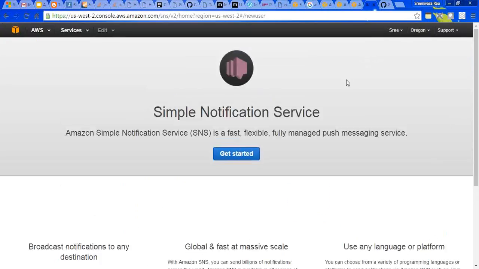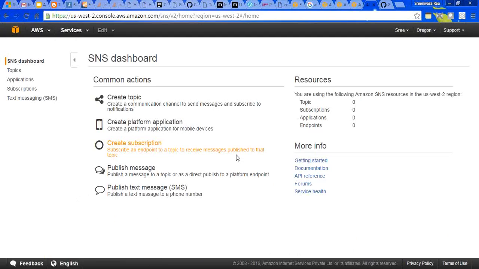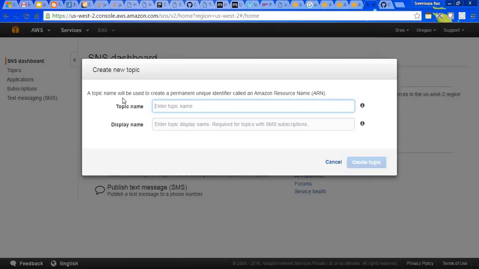So let me click on get started. So here we have create a topic, create a platform application, create subscription, publish message, publish text SMS, text message. Okay. For now, I am going to create a topic. So let me create